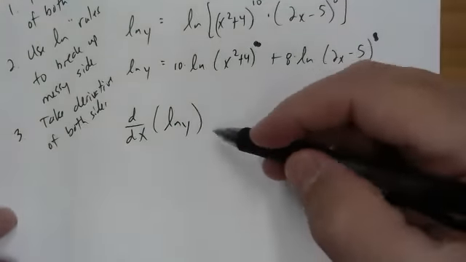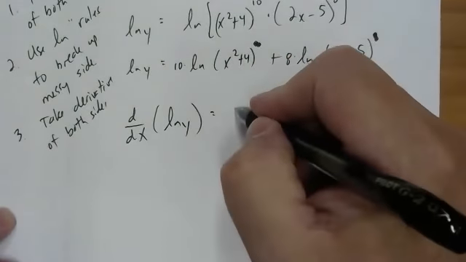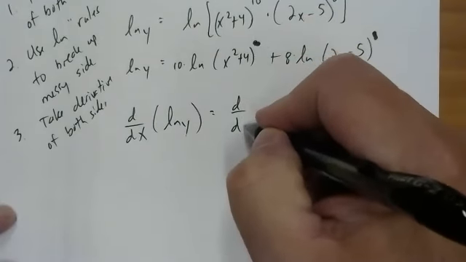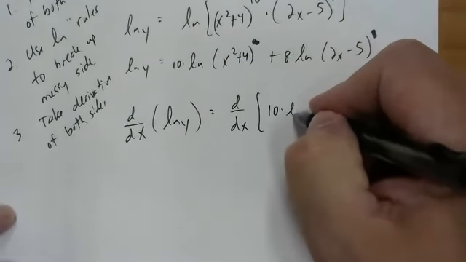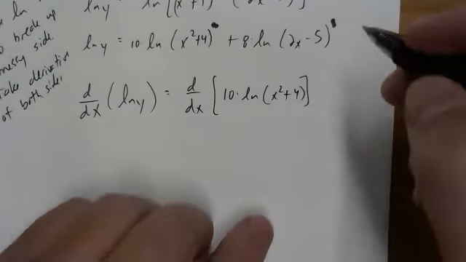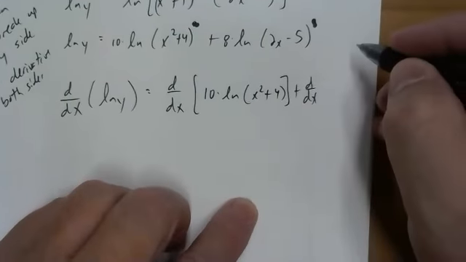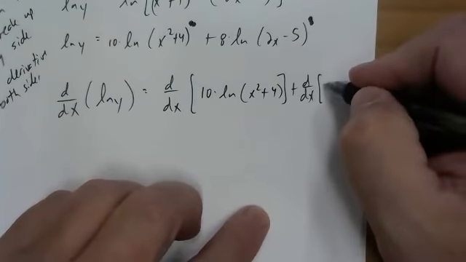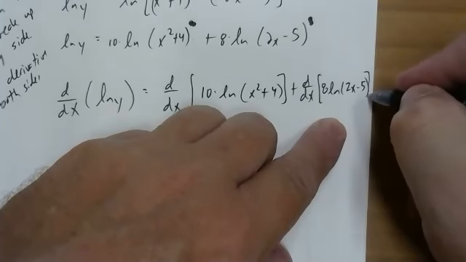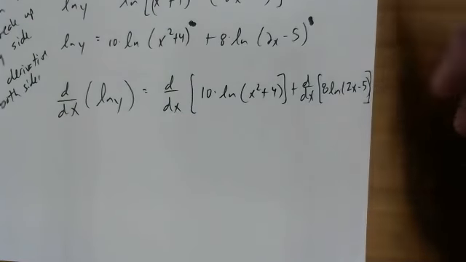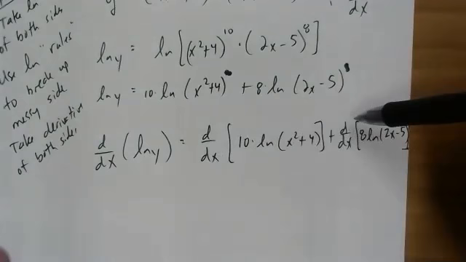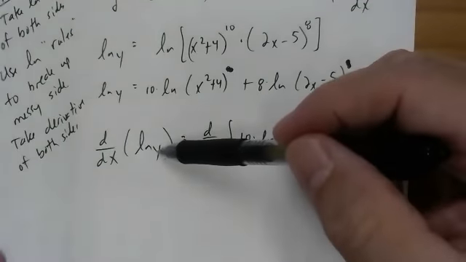The left-hand side, derivative of natural log of y. Right-hand side, let me go ahead, since it's two separate terms here. See if I can squeeze it in here. So in a sense, up here you have three terms. So you take derivative of both sides, take derivative of all three terms. And now it's going to take the derivative. Now here,